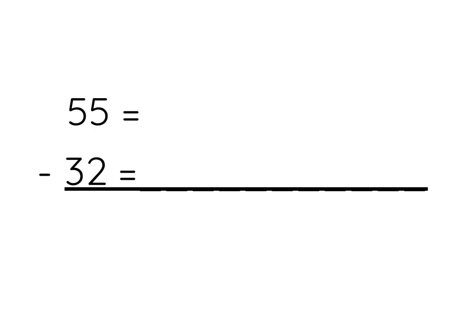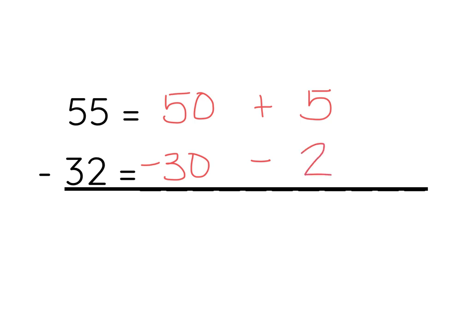All right. 55 minus 32. So expand 50 plus 5 minus 30 minus 2. Where are your big digits? Oh, check that out. Hopefully you noticed that my big digit was actually on the top,